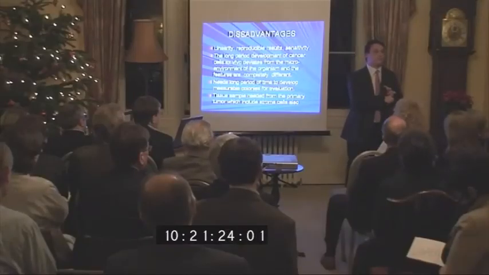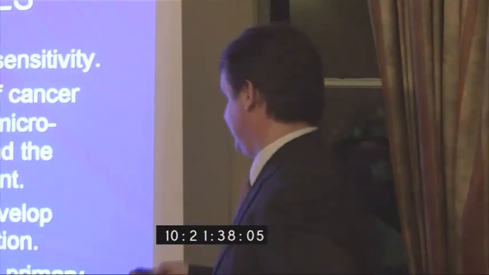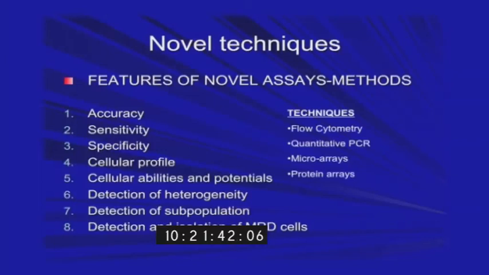So when you remove a tissue and you perform tests, you perform tests on those cells as well. So it means noise. Noise means that your result does not come clearly from your cancer cells. That's why we need to proceed further to novel techniques, for which we need accuracy, sensitivity, specificity, as much information as we can concerning